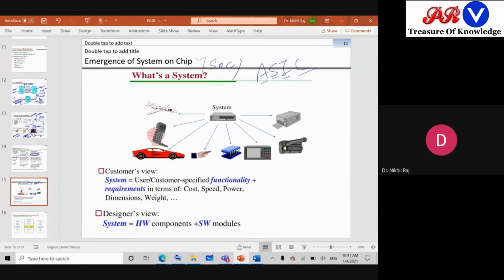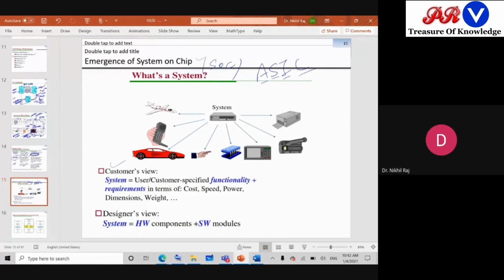Like we say board, in today's technology, like a fridge or anything you take, if one thing is spoiled, we say the complete board will be replaced. Means a complete system is built on a single chip. Okay, so what is the advantage? We can reduce the area and a lot of space is reduced.